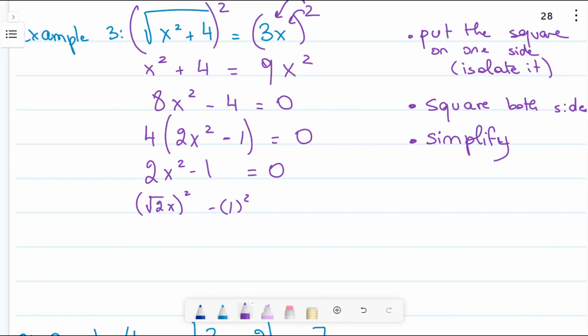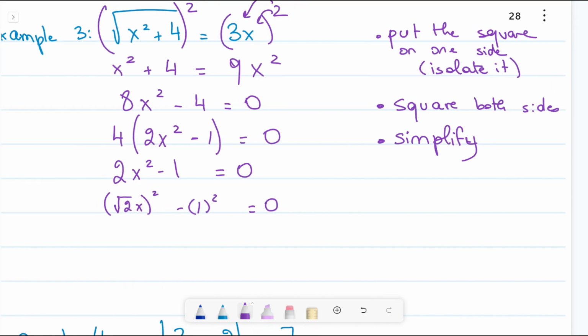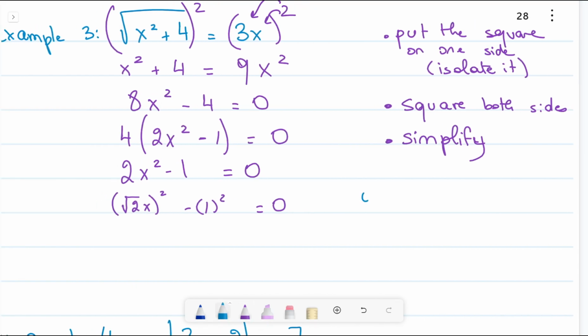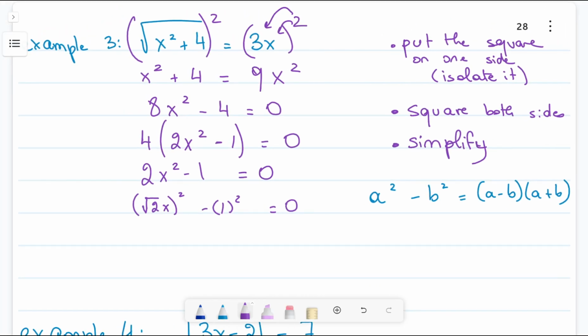So 2x squared is as if I'm saying square root of 2x all squared minus 1 squared is 0. And why did I do that? Because we saw earlier that a squared minus b squared is a minus b times a plus b. So now I can rewrite this because in our case,